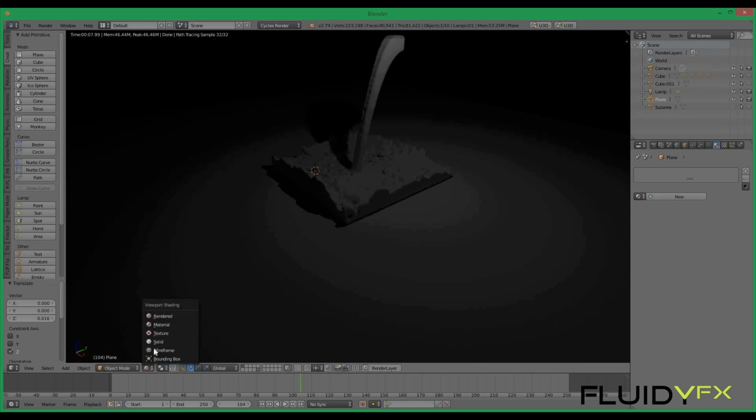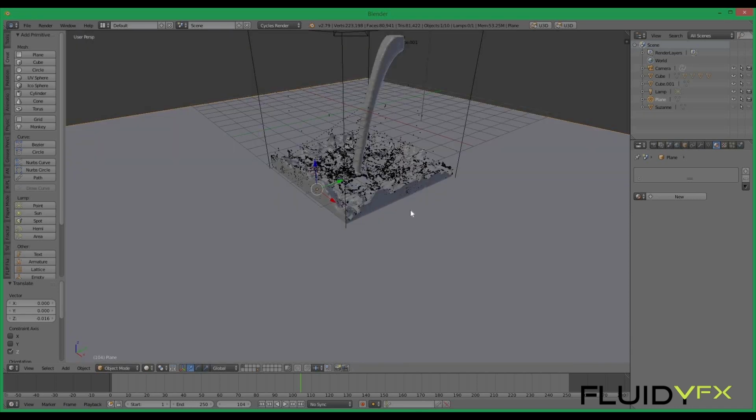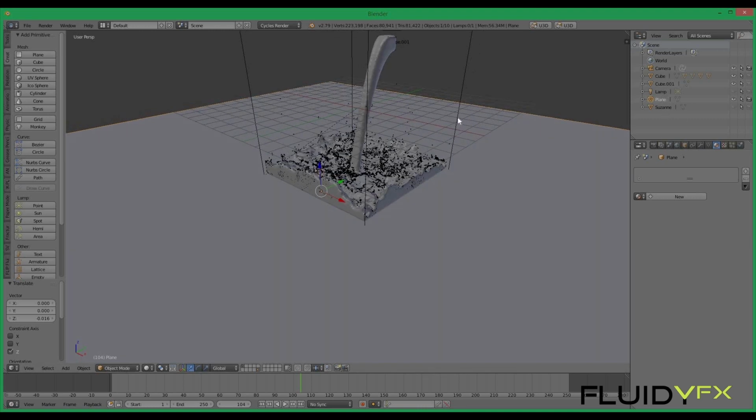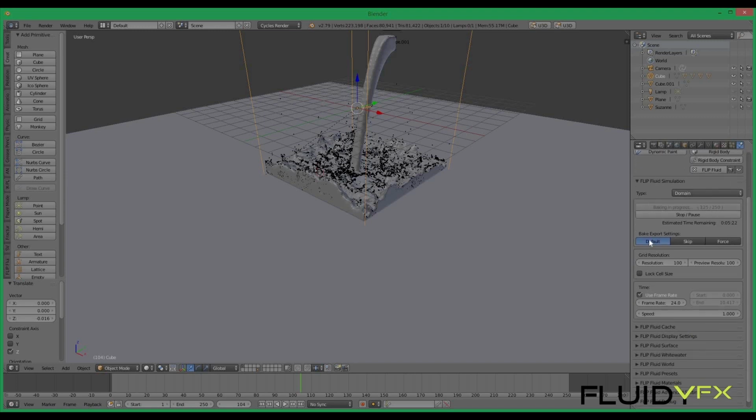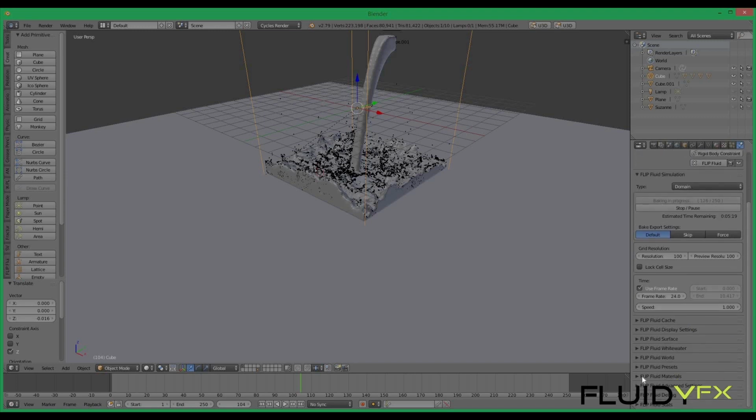So I will come back to solid viewport shading, and then I will turn off the lamp or the light first of all, because we don't need this light. And I will select the domain. I will go back to the flip fluid properties of the domain, and I will go into the flip fluid materials,